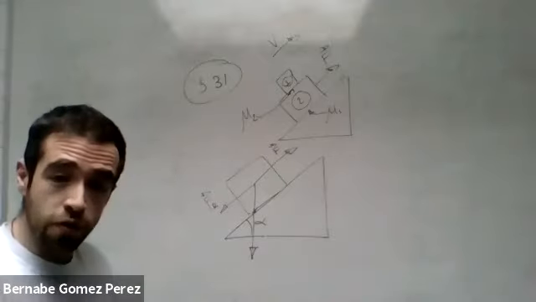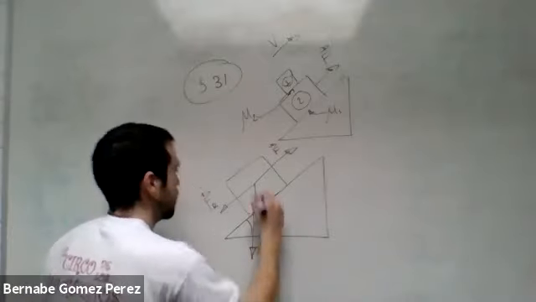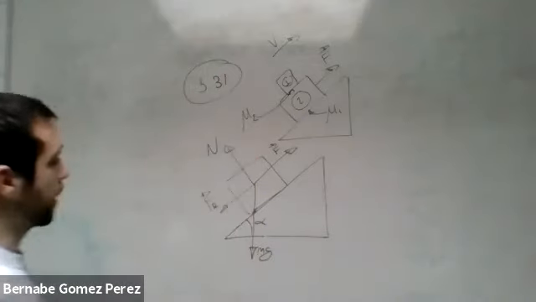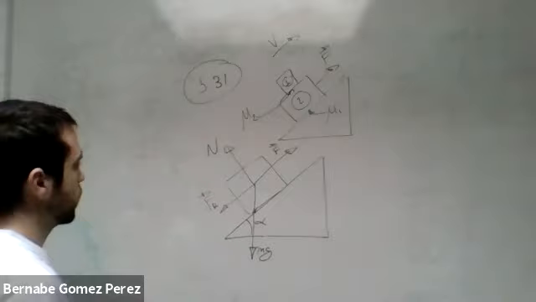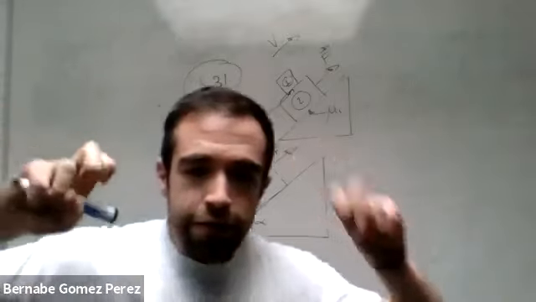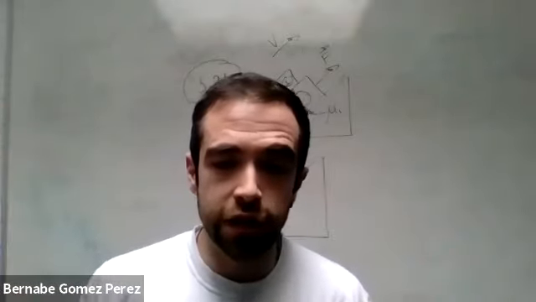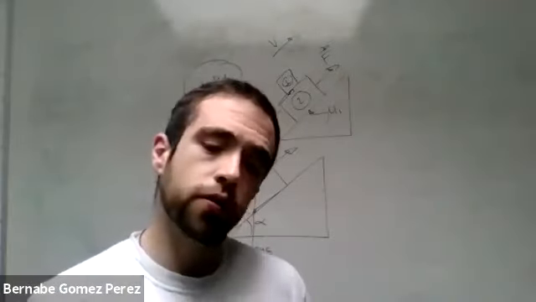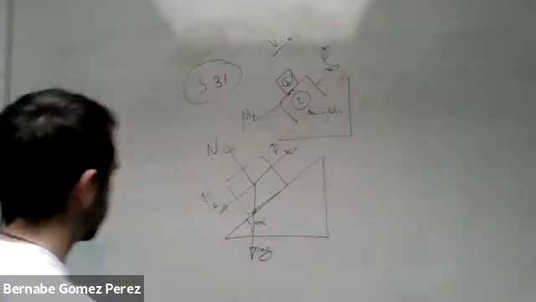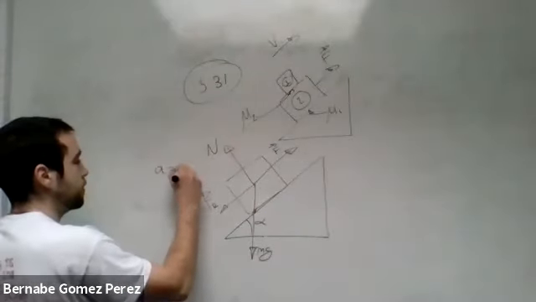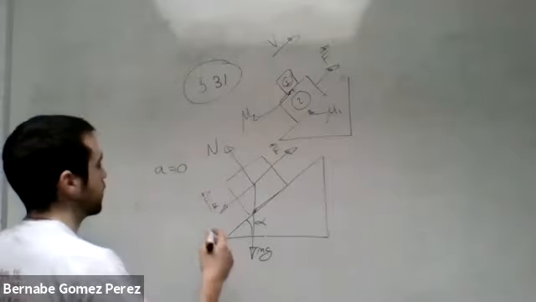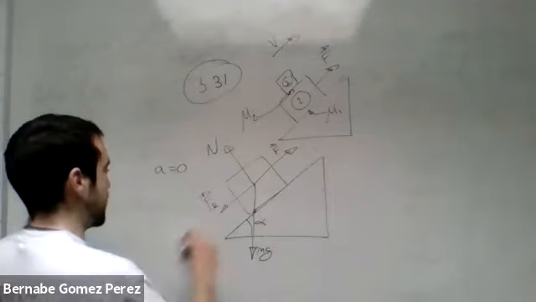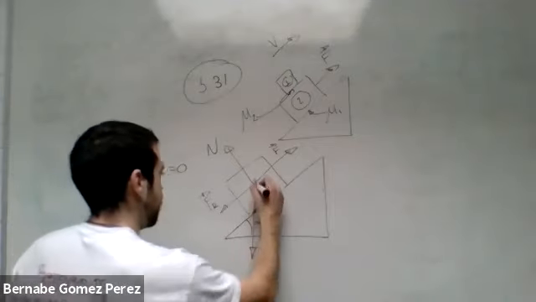And what else do we have? We have normal force acting always orthogonal to the surface, N. Okay, so we know that it's in equilibrium because the speed is not changing. Okay, so we don't have acceleration, even though it's moving, because it moves with a constant speed. So acceleration is equal to 0 because the speed is constant. So we know that the system is in equilibrium. So we can say that, okay,